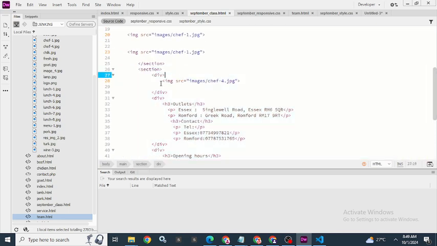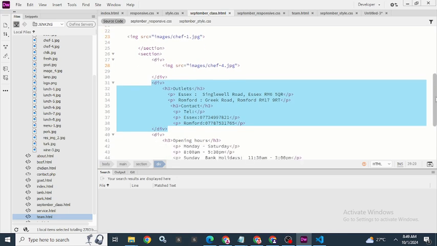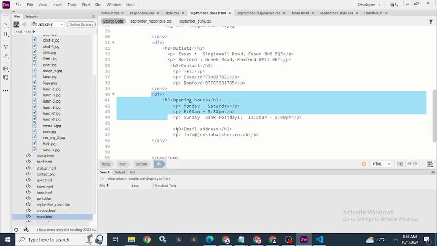The first image, I kept it in a div. Then different texts, I also kept it in what? In a div. Then another different text, I also kept it in what? In a div. Why am I doing this? Because